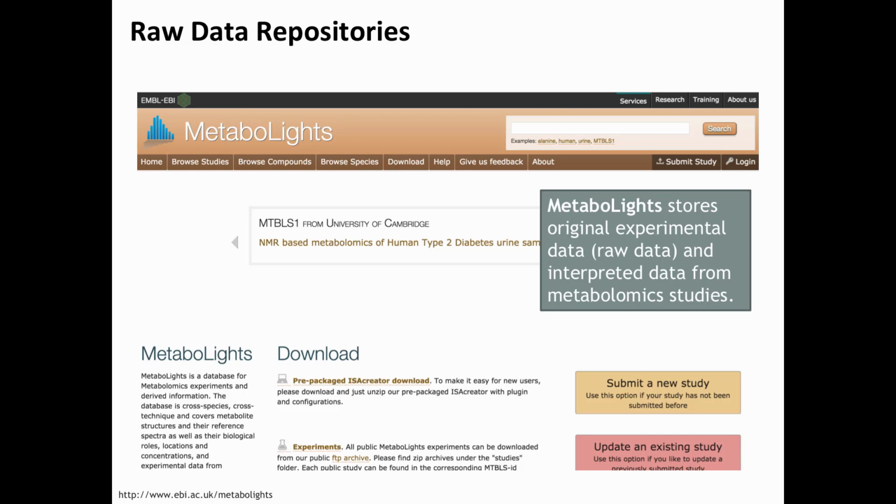Who has ever deposited data in MetaboLights? PRIDE? MassIVE? Wow. All right, then I'll take 5 minutes